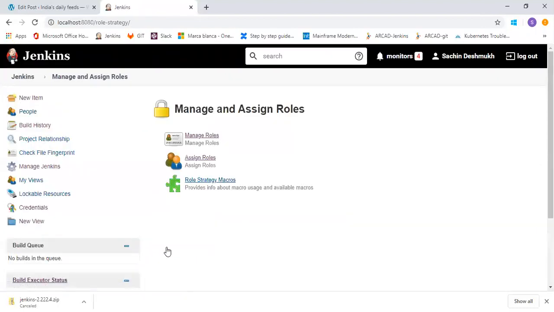Okay, I forgot to save Ganesh, so that's why it was not showing.